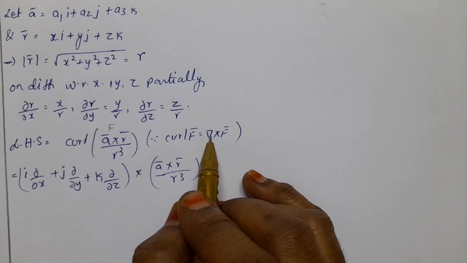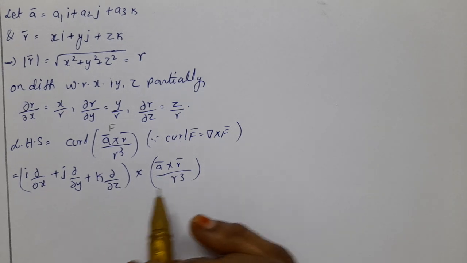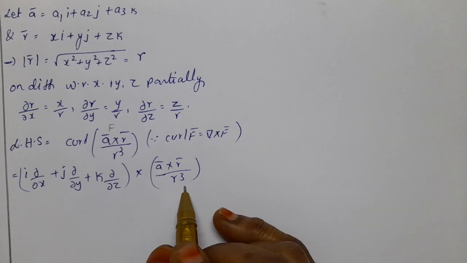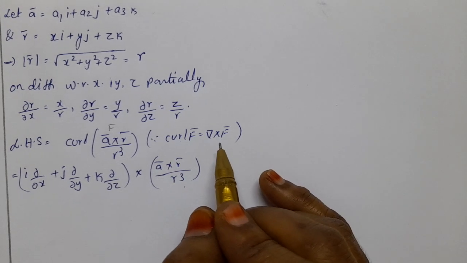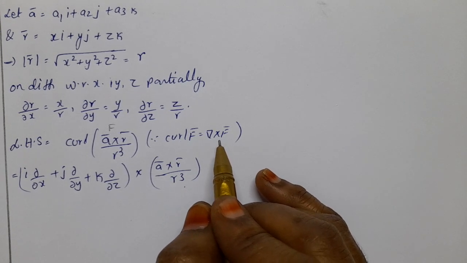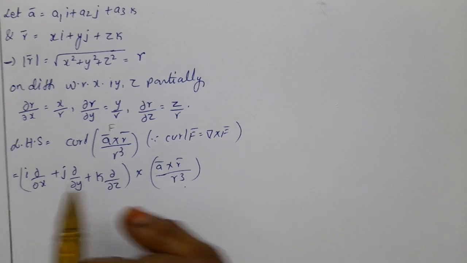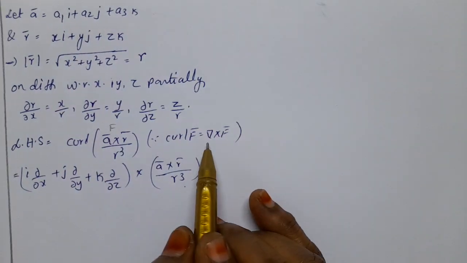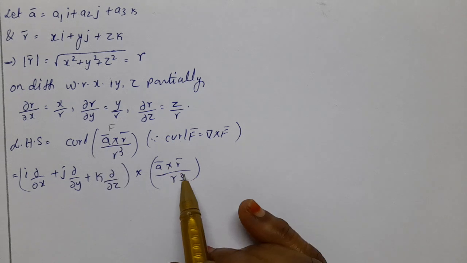So we take del as i into dou by dou x plus j into dou by dou y plus k into dou by dou z, and the function is a bar cross r bar by r cube. Once again, curl f problems are usually done using the determinant method. Here we are doing this problem with general vectors. So del means this notation, and f can be taken as this value,